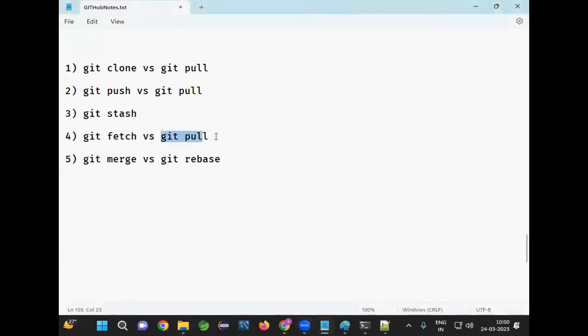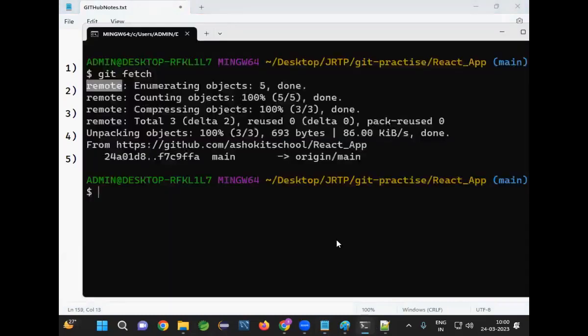Whenever we use the git pull command, it checks whether there are any changes in the remote repository. If changes are there in the remote repository, it will download the changes to our working tree directly. But when we go for the git fetch command, it will just